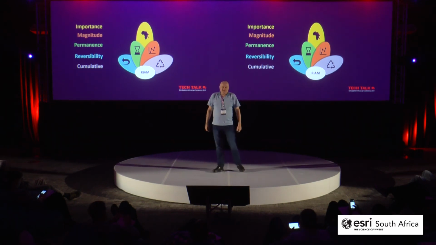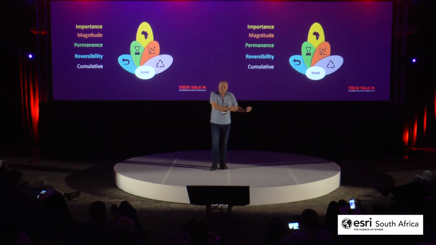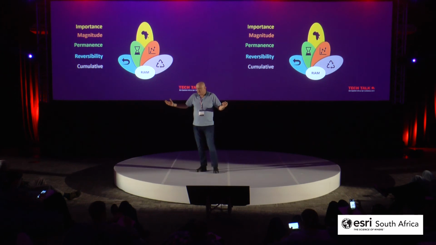What's the magnitude of that? If it's just one power line going through an area and it's 1 kilometer, it's maybe not a big impact, yes or no? Is it a permanent impact, or will the grass grow back after we've done whatever we've needed to do? Is it reversible? So we've had to build roads to build a dam, but when we finish building the dam, the area will go over. And we had to understand each one of these factors using a group of specialists in the field to understand impact across southern Africa. And then finally, do all these things add up, or do they balance each other out? So what's the cumulative effect of all of these?